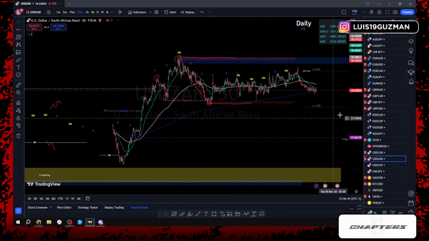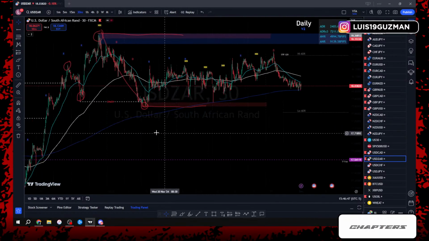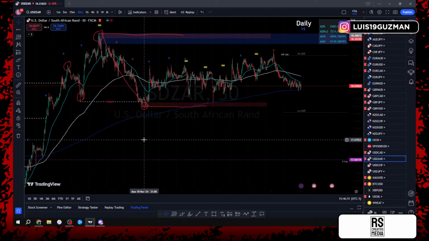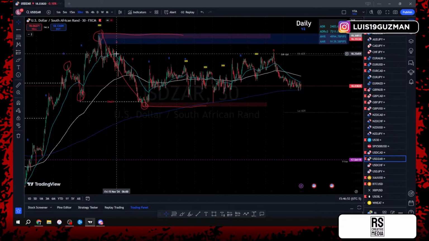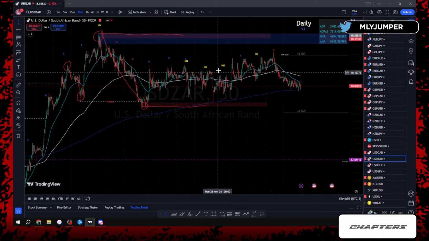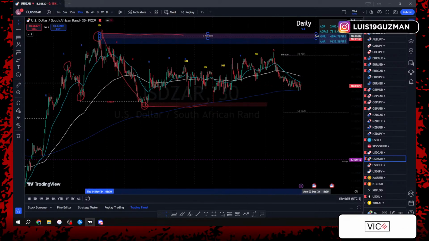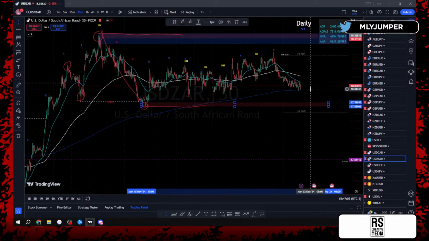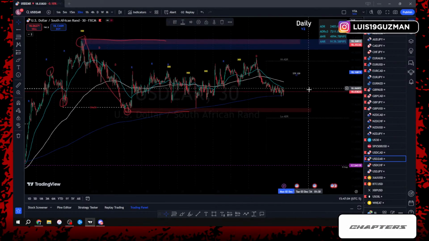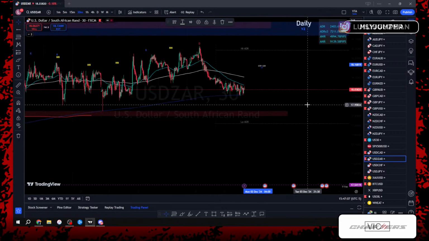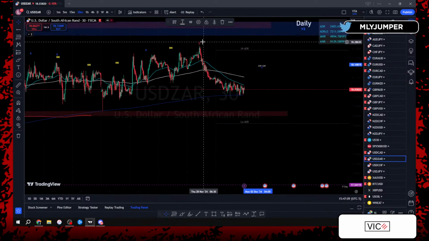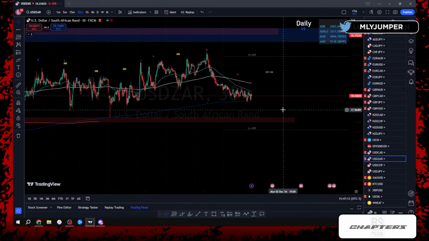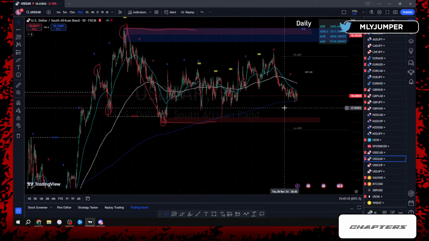Right now we know that we're stuck in a zone of consolidation. We've been in that zone of consolidation pretty much since the 14th of November, 18th of November. So in between those 4 days, all of this has just been sideways movement. You can see it. We still haven't broken the highs, still haven't broken the lows. We had 5 days where price is just moving sideways. And there's nothing appetizing for me here. We already know this isn't a pair to be looking at. This is just not a pair to really be like, oh, we're gonna look for a trade now. Like, no. Let's wait for the confirmations.